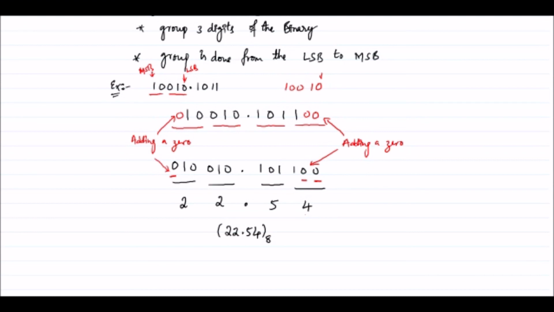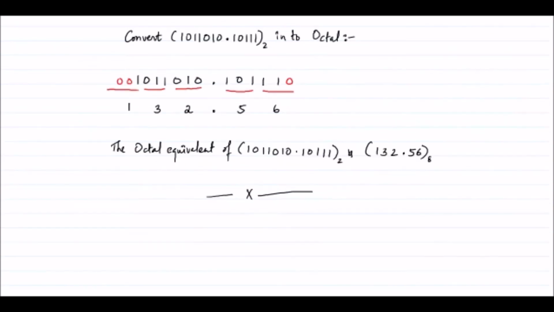So simply for this binary number, you should remember that you need to group from LSB. See, so here is the decimal point and this is the LSB. From LSB towards MSB we need to group 3 digits. Okay, not from MSB towards LSB. This is wrong. Okay, from LSB towards MSB we need to group 3 digits. Okay,